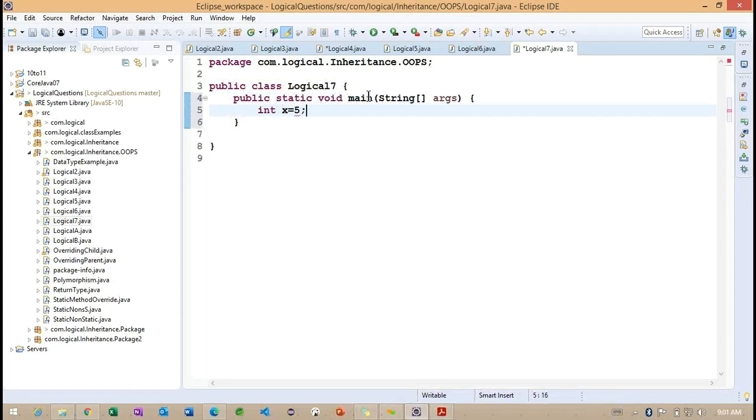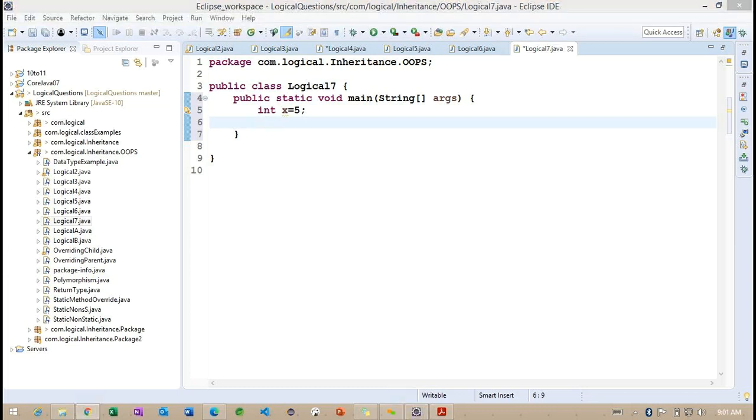Here also I want to take x equals 5. Let me check here, x equals 5. If I call it here, what will happen internally?